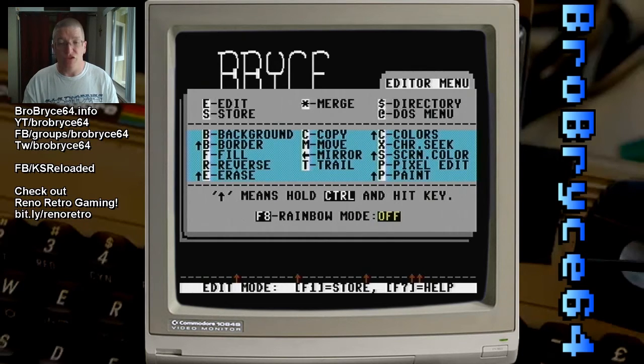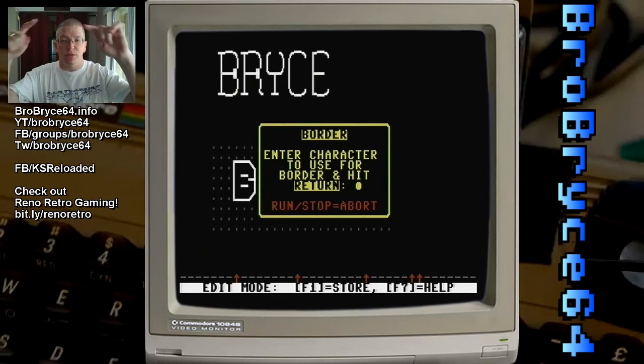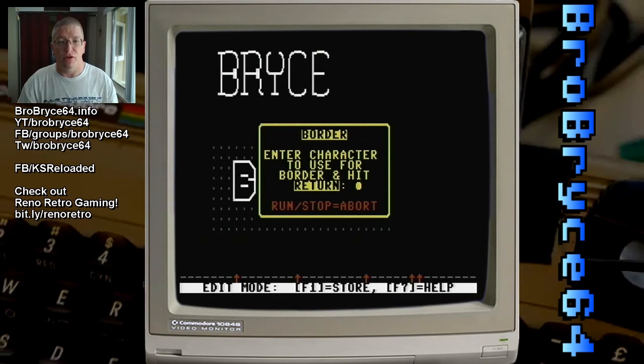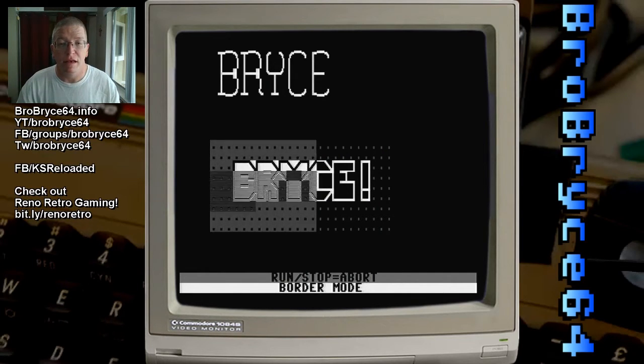And that's Control B, which is the second thing on the left side there. Control B for border. And I'm going to make this a little bit showy, like a big yellow dot of borders. It'll be like those starlit mirrors, like a vanity mirror with light bulbs around the sides. So it's just the idea that I have in mind here. I will make that happen